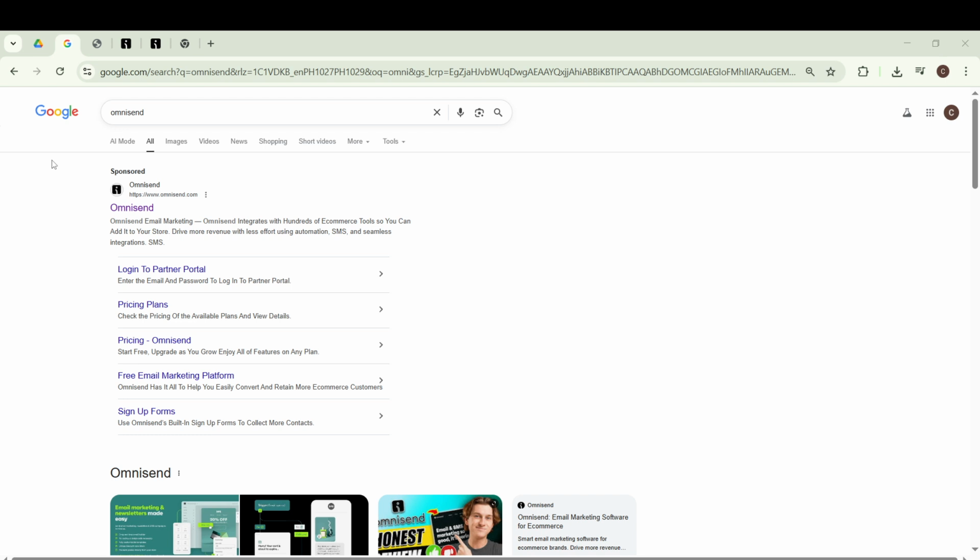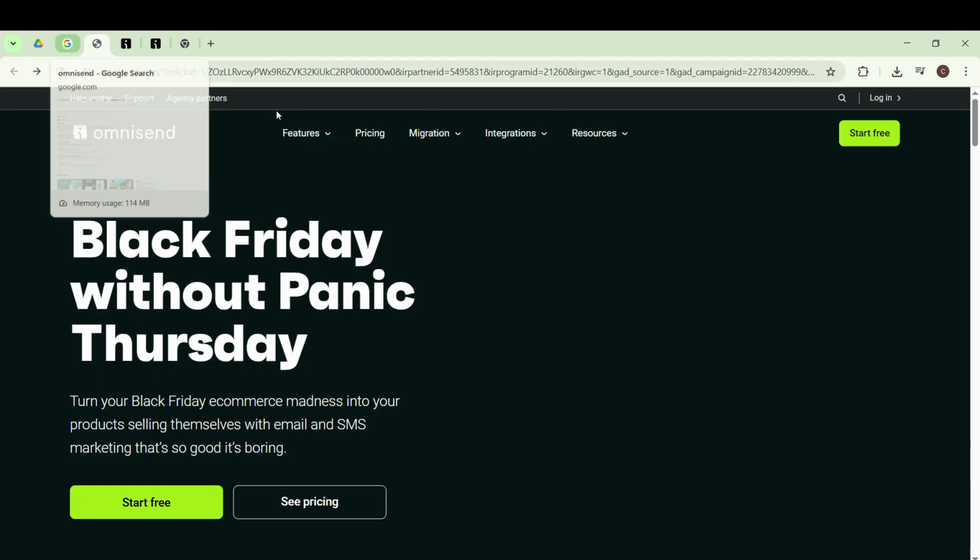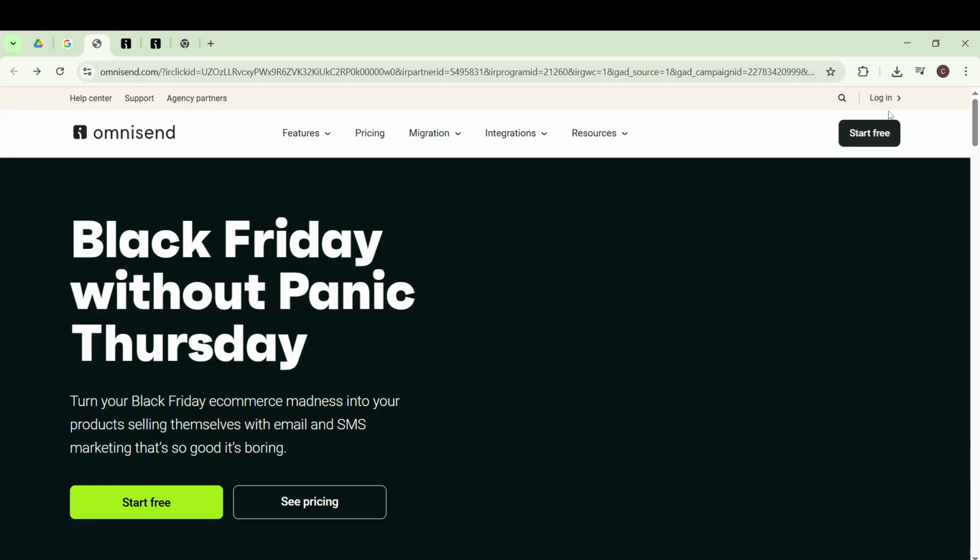Let's dive right in. First, you'll want to open up your web browser and search for Omnisend. Once you see the correct link, go ahead and open it. Navigating to the Omnisend page is the first crucial step in this process, as it sets the foundation for everything that follows. Ensuring you have access to the right platform is key, as you'll be making all the necessary changes